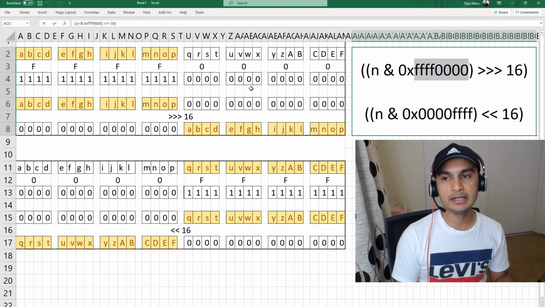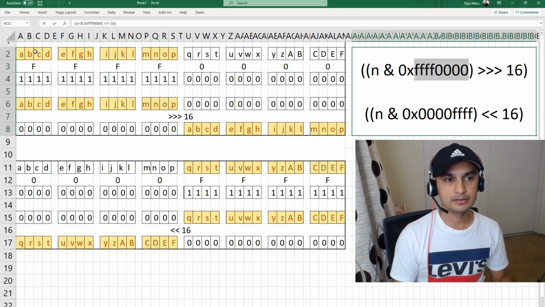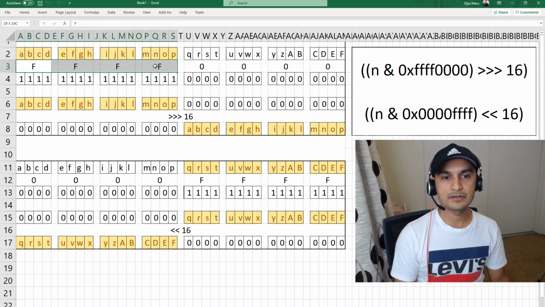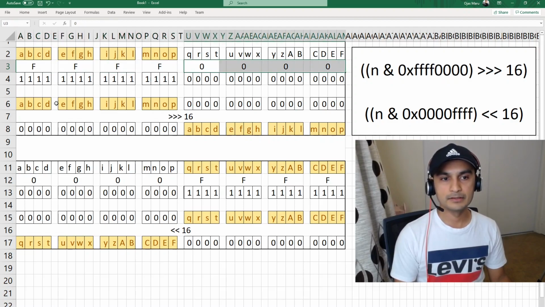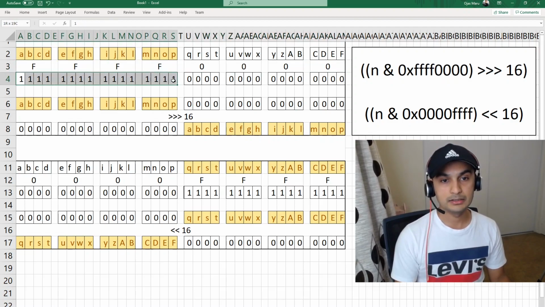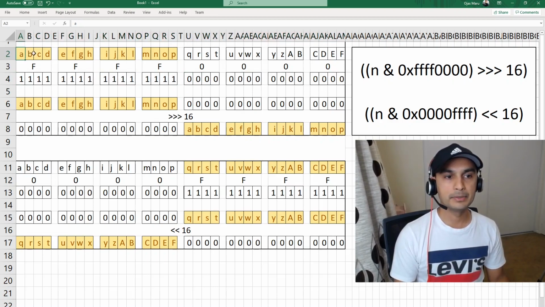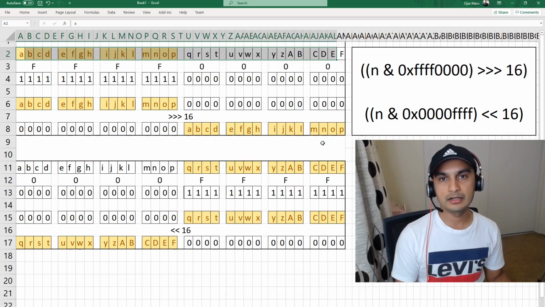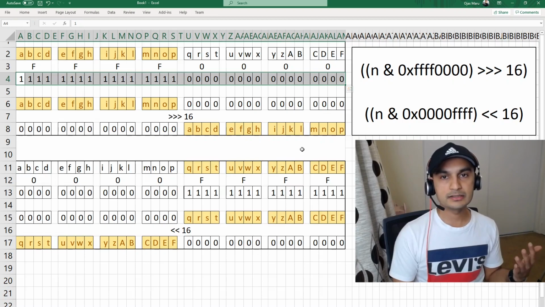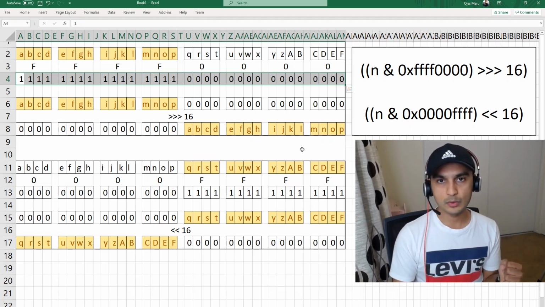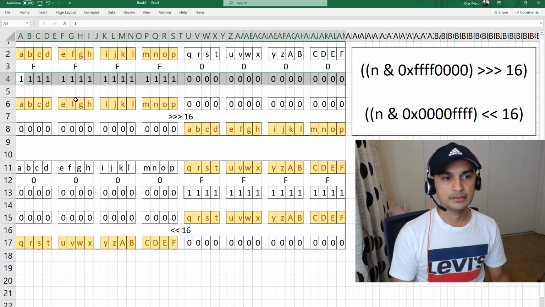So now let's see what that does, right? So this is our FFFF and these are our 0000. So if we represent them in binary, this is how it will look like, right? So now we are comparing our 32-bit alphabets with this number, which is initial 16 bits 0, then 16 bits 1, and then last 16 0. So if we